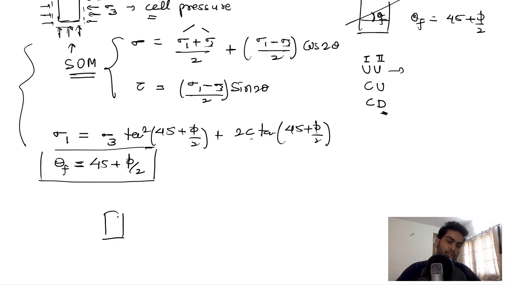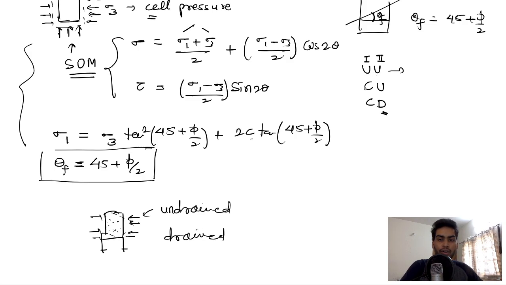So we have these two stages, and there will be some pore water in these pores of soil sample. So in the first stage, if we don't allow this pore water to escape, if we close these valves, then pore water can't escape. So the conditions are undrained. Similarly, if we let this pore water go out, then the conditions are drained. So based on that, we have this unconsolidated or consolidated. If this drainage is closed, then we have undrained condition, and if this drainage is open, then we have drained condition.